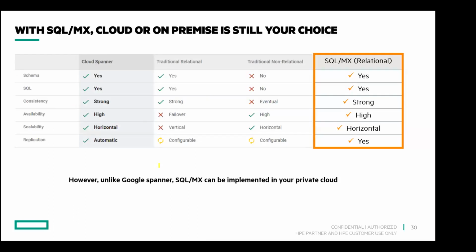Okay, so this slide just compares SQLMX, that orange color rectangle you see on the right hand side, with traditional other relational databases and other non-relational NoSQL type of databases, and see what we offer and what they have, what they don't have especially. So evidently we have highlighted the strengths that we have in SQLMX, that out of the box, again, everything is out of the box in Nonstop domain, right? Consistency, availability, scalability, and replication. You get it out of the box in SQLMX.